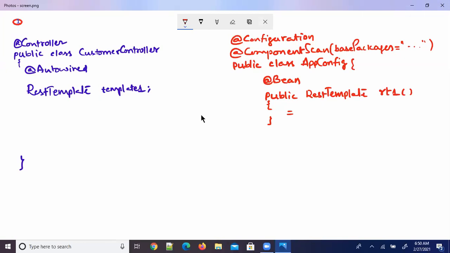In the configuration, I am also going to configure one more bean method which returns a load-balanced RestTemplate object. It is just a normal, ordinary RestTemplate object, but say, for example, I'm creating one more bean method with @Bean.